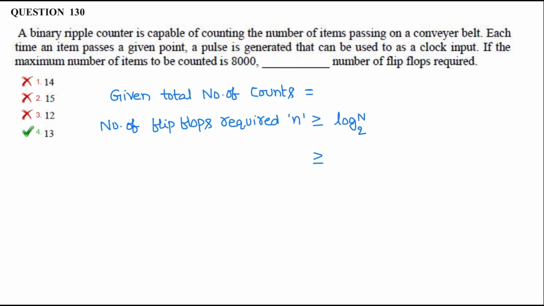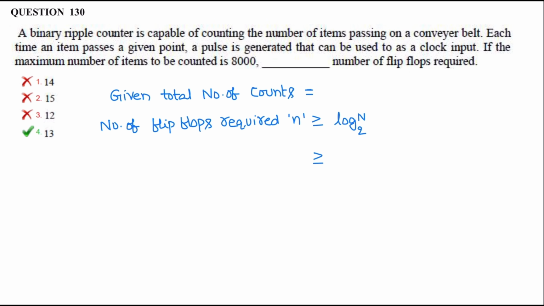Next question. Question number 130. A binary ripple counter is capable of counting the number of items passing on a conveyor belt. Each time an item passes a given point, a pulse is generated that can be used as a clock input. If the maximum number of items to be counted is 8000, the number of flip-flops required is